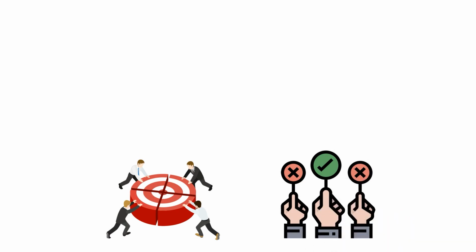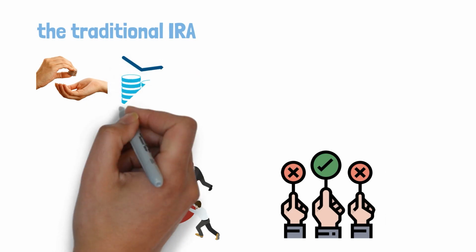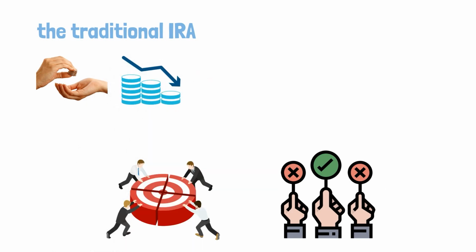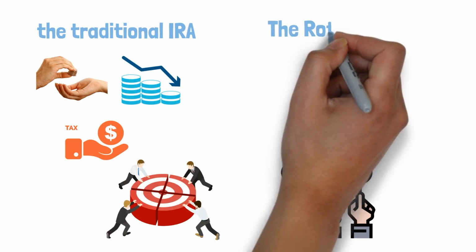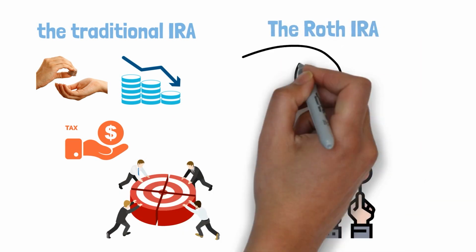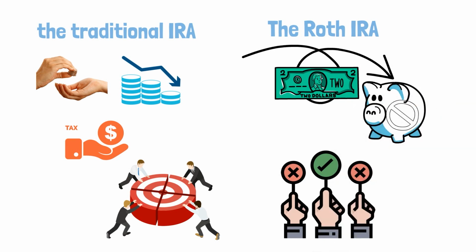The traditional IRA allows you to contribute a portion of pre-tax dollars that reduces your taxable income for the year while setting aside the money for retirement. The taxes will be due as you withdraw the money. The Roth IRA allows you to contribute post-tax dollars. There are no immediate tax savings, but once you retire, the amount you paid in and the money it earns